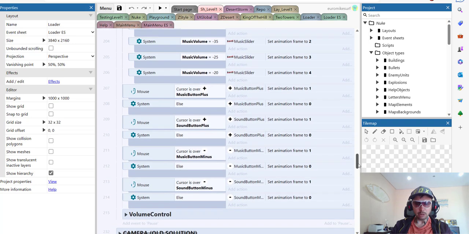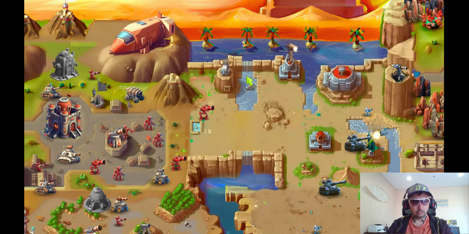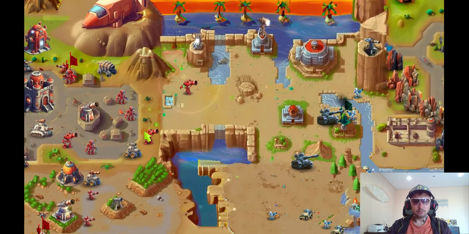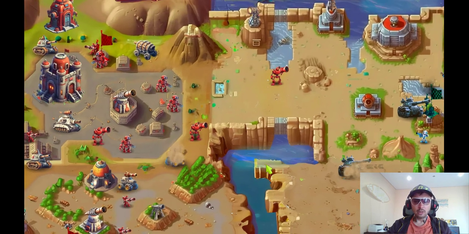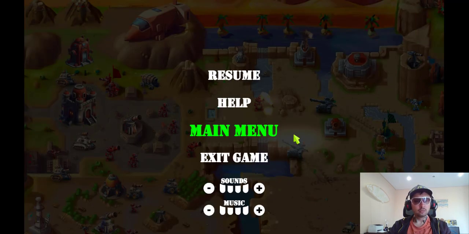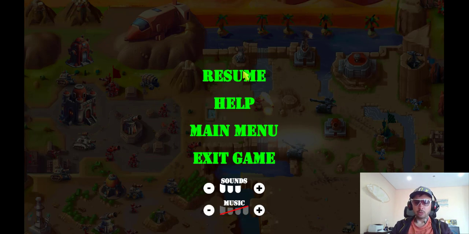Here we set different animation frames, and that's pretty much it. Let's run it real quick and I'll show you how it works. So here we go, we play the game. And when it's time, we hit the pause menu. And you see, the game completely stopped, only music plays. And we can resume, help, main menu, exit game. And you can reduce sound level or music. And it should automatically save it. If I put no music,